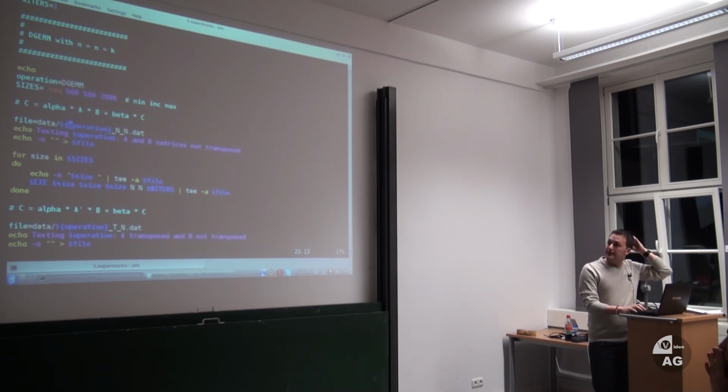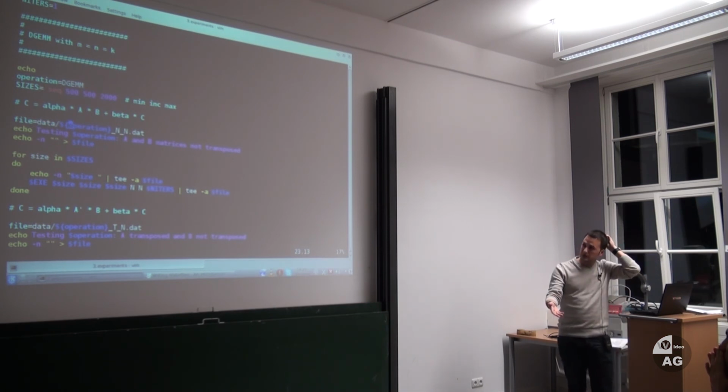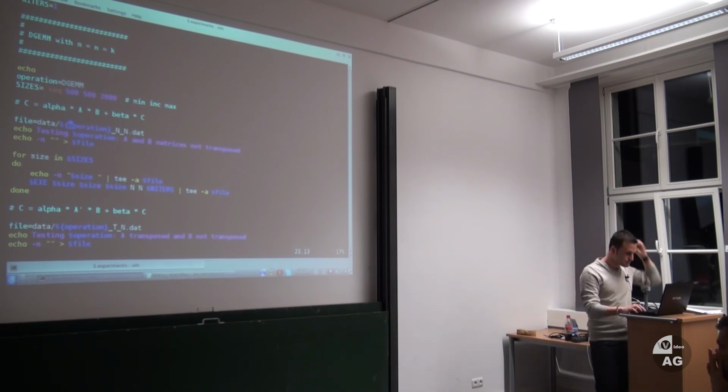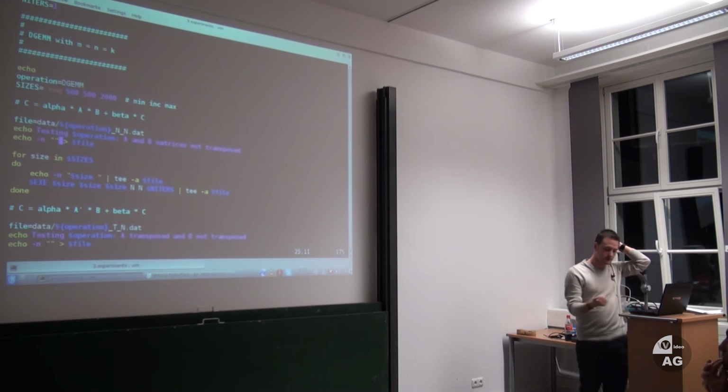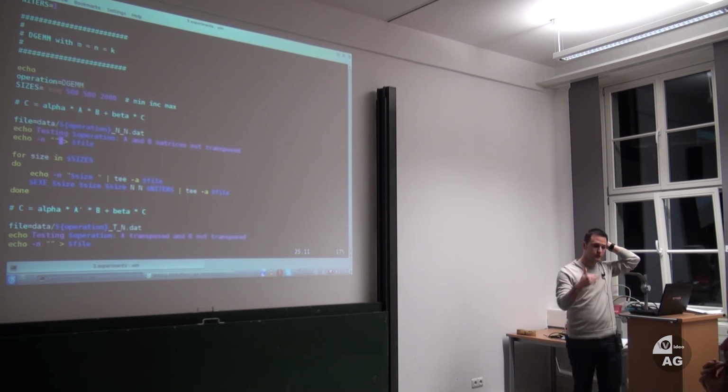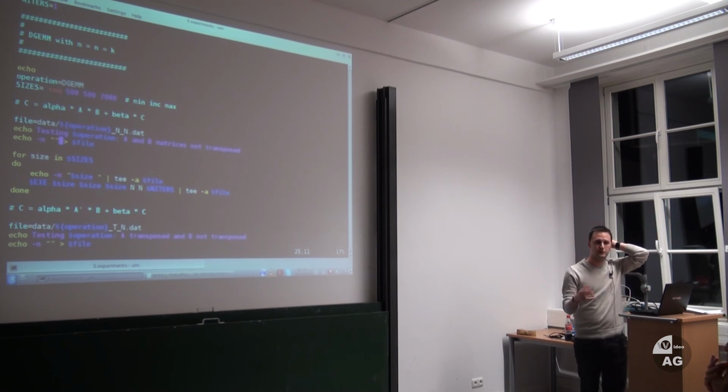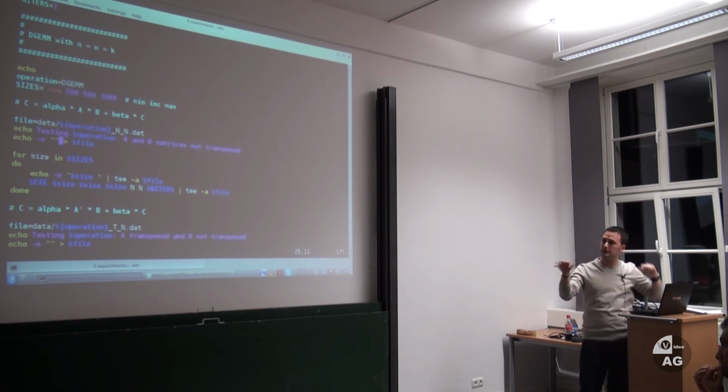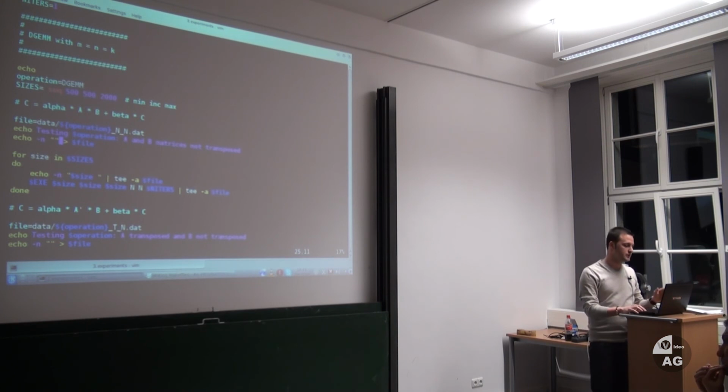You just specify the file where you want to dump your numbers, and then you create an empty file, for instance this way. You want to create this empty file because if you run it twice, the second time you don't want to append, you want to use the new numbers. So every time you just truncate or empty the file. And then for this number of sizes from 500 to 2000,